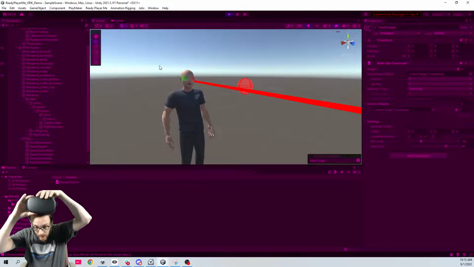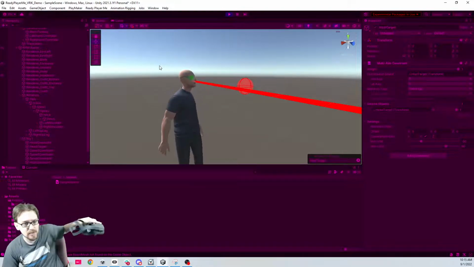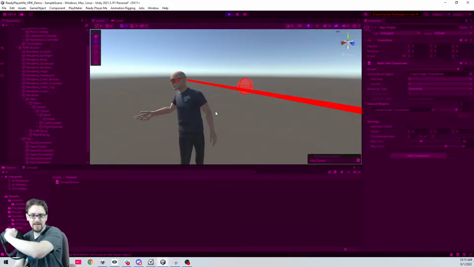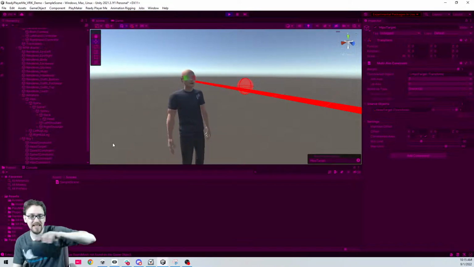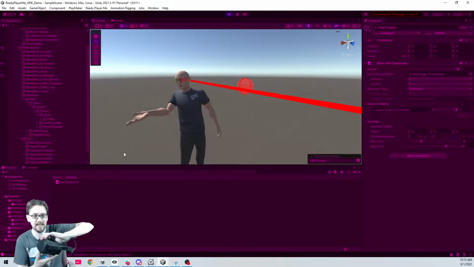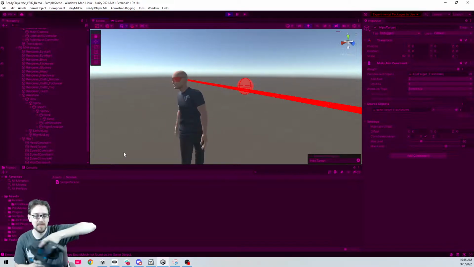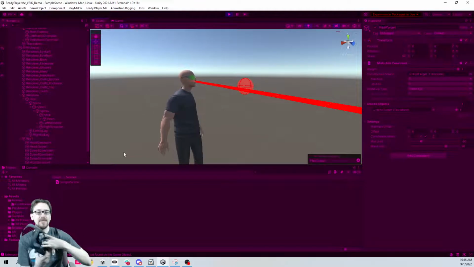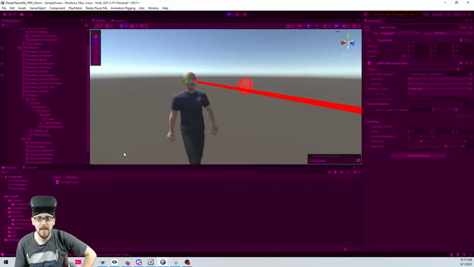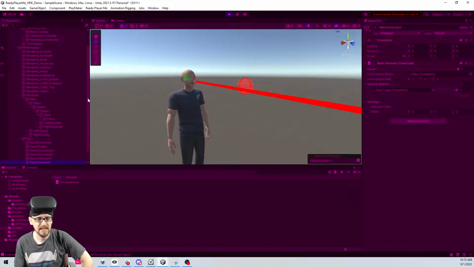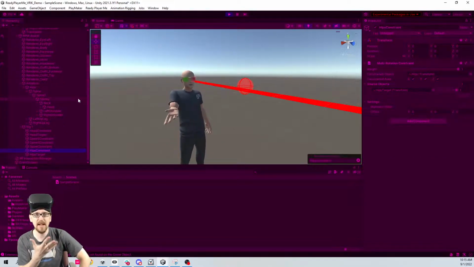All right, so I'm taking this and rotating my head, and you can kind of see that the hips are rotating too. But yeah, it's not going to let you go 360. I think that's because of our hips constraint. It's like snapping the hips back around the other side. So that's why you're not seeing it go around.